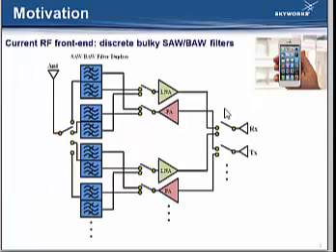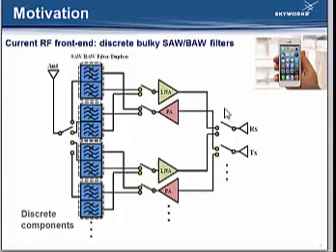Finally, the conclusions. As we know, in the RF front-end module, the SAW and BAW filters are very important components for signal filtering at the very first stage. In spite of the drastically increasing number of bands and the complexity in the wireless communication system, the SAW and BAW filters are still discrete components packaged in individual dies, usually separated by bands, and they are also discrete from